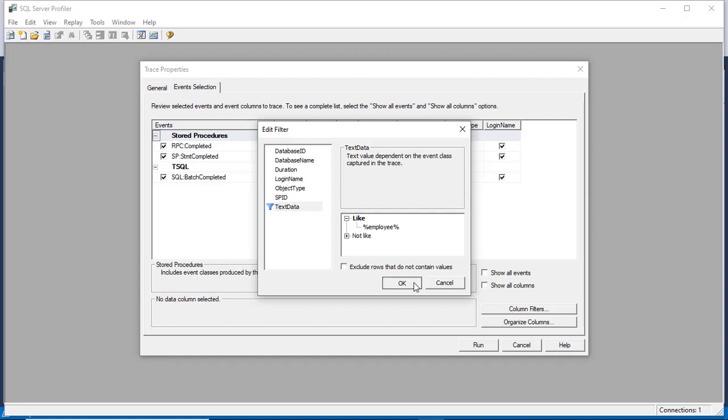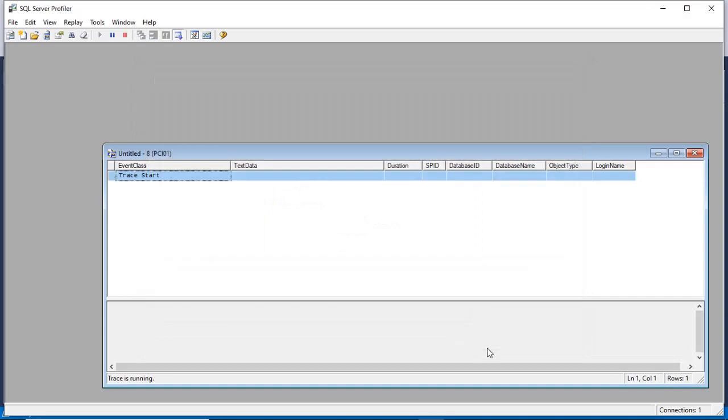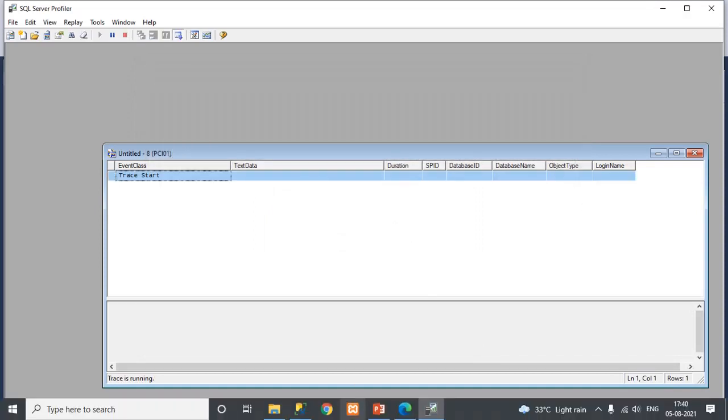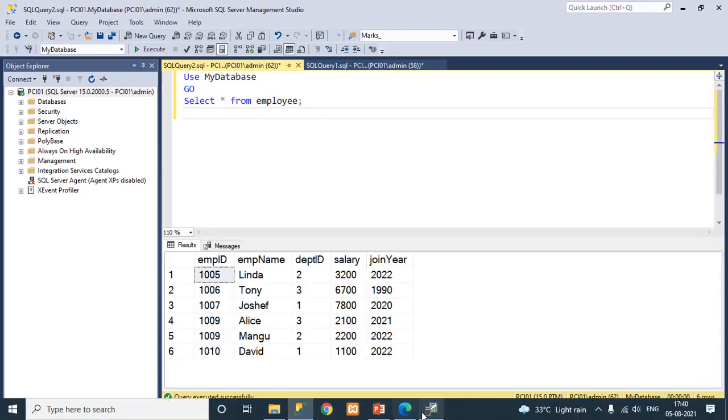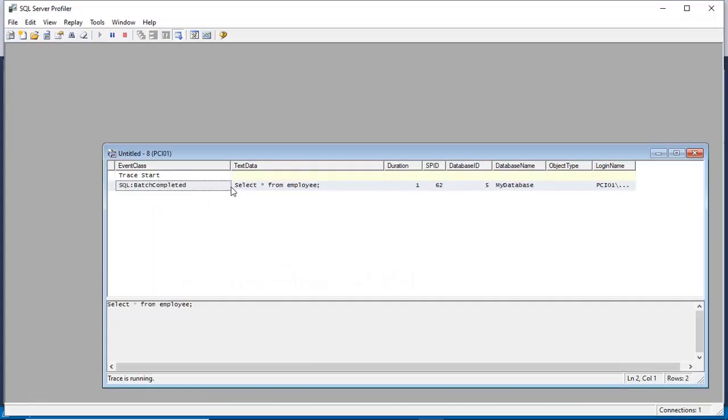Okay, run. So my database is not important now because we do not have the filter on the database. We are just tracing this employee word in the SQL statement. So execute. Now check the profiler. We have the tracing for select star from employee table.